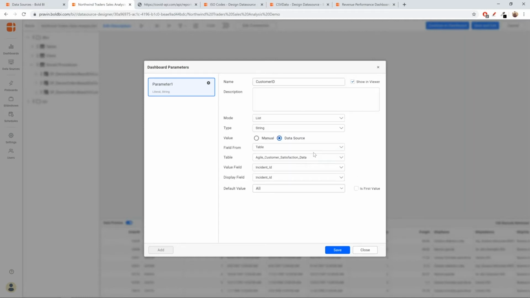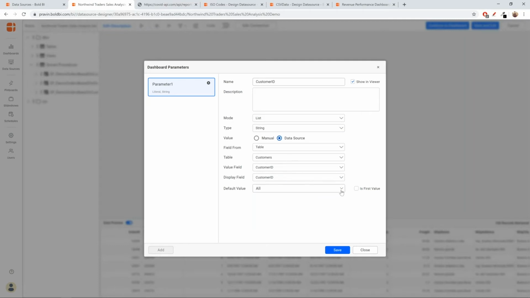So I'll just go to the table option. You'll be able to see all the tables that you have in this data source. Let me choose customers. Okay, so here we have two options. First one is the value field and display field. For example, if you do all the internal operations using customer ID, but if you prefer to show the customer name instead of ID, which will be much more helpful to change the value. So instead of showing the customer ID in the viewer, you can display the customer name. But since in this data source I don't have a customer name, I'll keep the customer ID as it is.